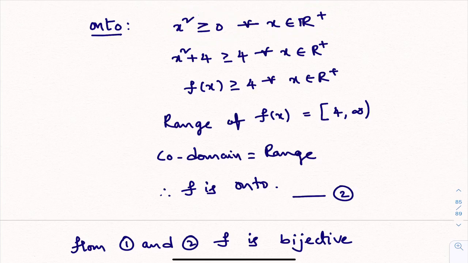Okay. Now I'll add 4 on both sides because the given function is x square plus 4. When I add 4 on both sides, x square plus 4 is greater than or equal to 4. What is x square plus 4? In the question itself they gave x square plus 4 as f of x. So x square plus 4 is f of x. Okay, what I got here is that f of x is greater than or equal to 4. Greater than or equal to 4 means 4 is included and up to infinity. f of x value is greater than or equal to 4 means the range of the function is the closed interval 4 to infinity.